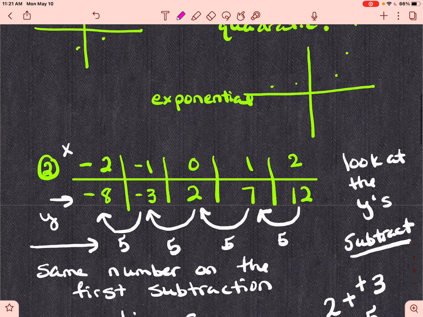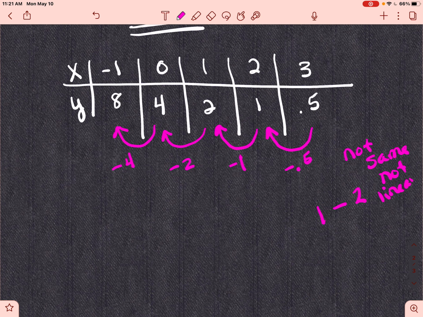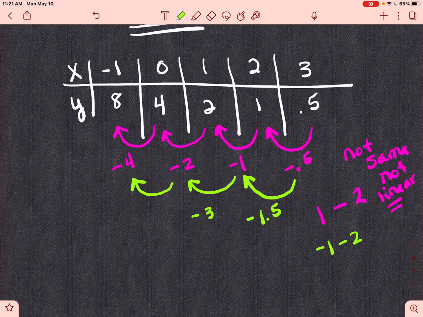Whoopsie. Doesn't want me to write on that symbol there. Okay. And then what we're going to do is we're just going to try it again. We're going to go negative 0.5 minus 1 is negative 1.5. Negative 1 minus 2 is negative 3. And negative 2 minus 4 is negative 6. And we still don't have the same,